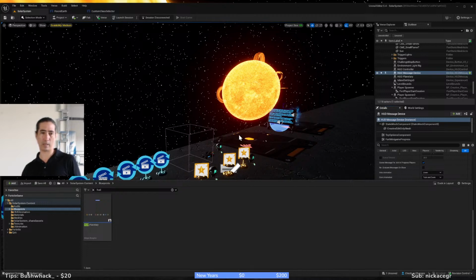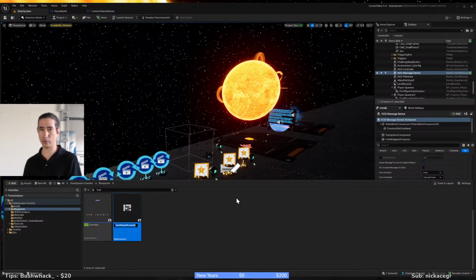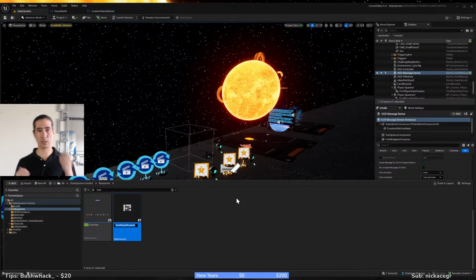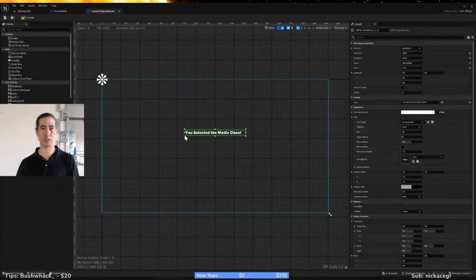Modal dialogue variant, I haven't used. I imagine that's like when you talk to a character, like when you're playing Fortnite and you're talking to any of the characters, they're popping up messages. I'm guessing that's what that is. But for simple purposes, we're just telling them one thing and then done. This is how you do it. And you give it a name, you know, custom message. And then from there, you can double click it, and then you'll be able to edit it here in the Blueprint editor.